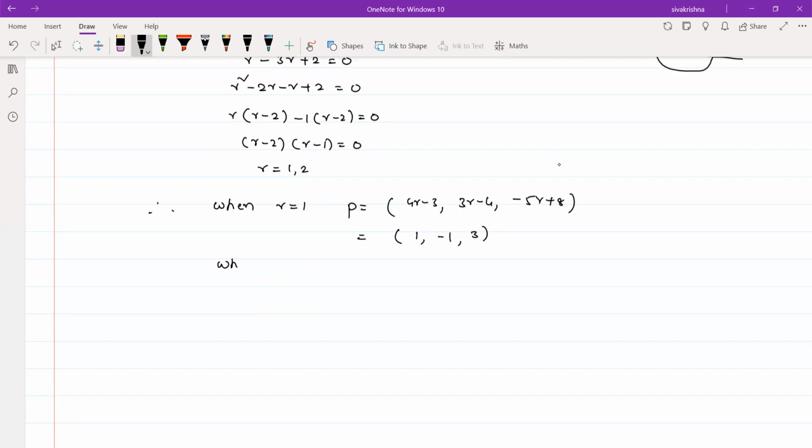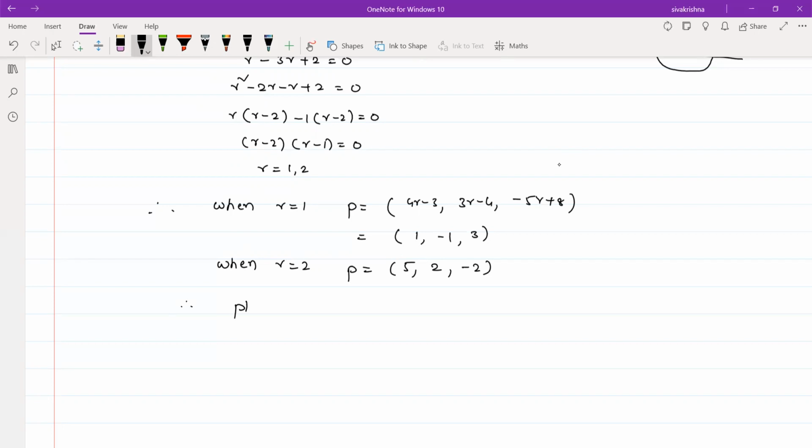And when r is equal to 2, we get p is equal to. So now we have to substitute 2 in place of r. 8 minus 3, that is 5. 3 2s are 6 minus 4, that is 2. And minus 10 plus 8, that is minus 2. So therefore,